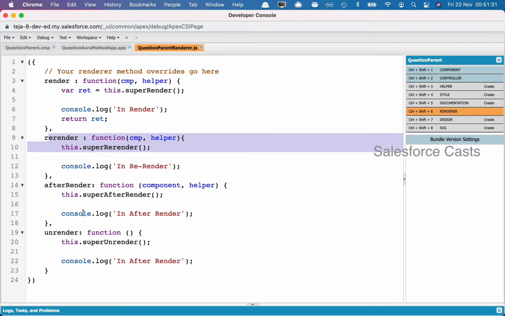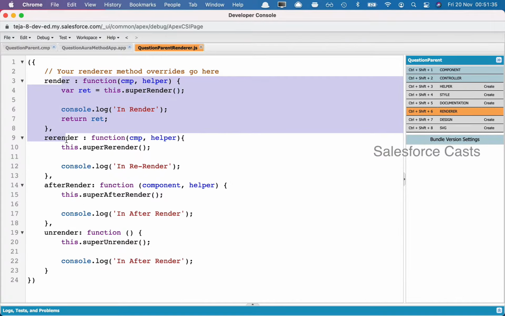Now the purpose of these methods is to inject custom functionality and get them executed during the lifecycle of an Aura component. And what I mean by that is, whenever we try to load an Aura component, it is going to invoke this method here, which is going to be render. And what this does is, it is going to invoke one more method here, and this method is responsible in taking the Aura code and generating the DOM nodes and giving it back to us. So this method here is going to take the Aura code and it is going to give us back DOM nodes or array of DOM nodes.